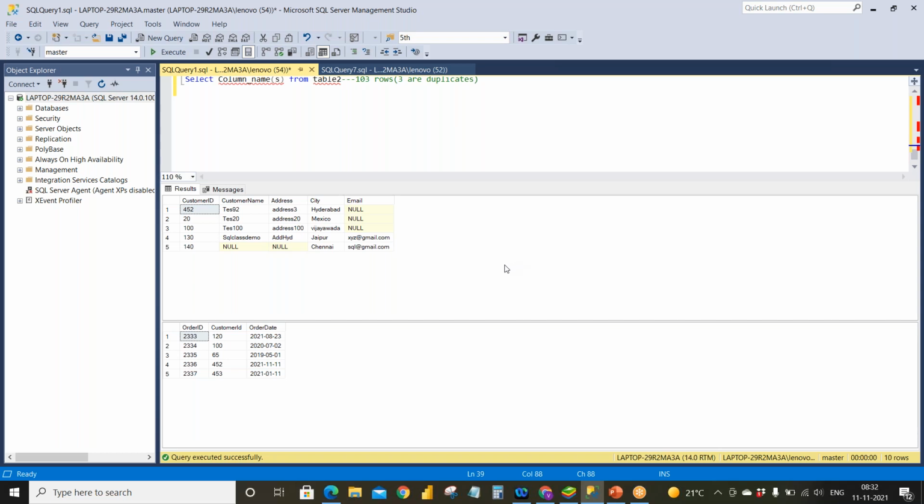So I'm just thinking which table I can give as an example.